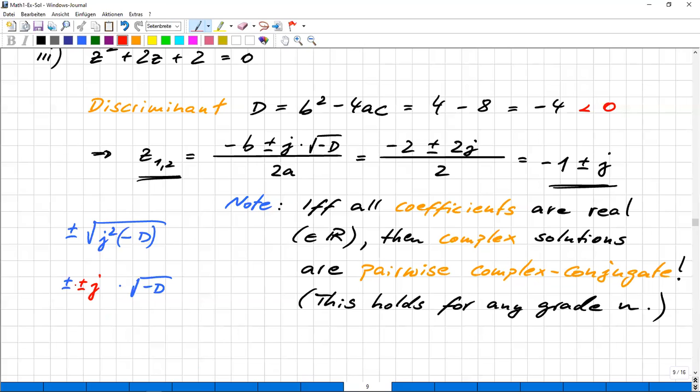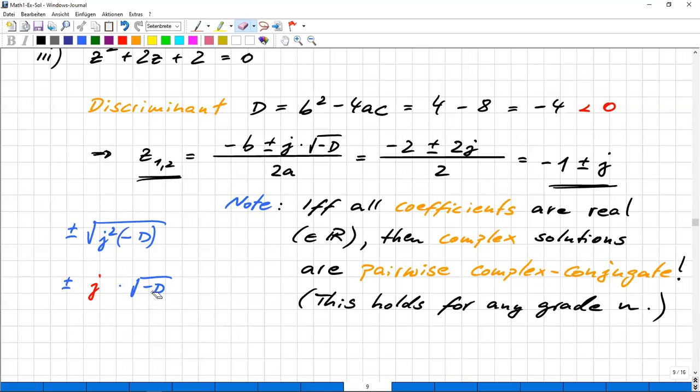It would turn out that the combination plus or minus and again plus or minus allows for only two possible outcomes, which are plus or minus. So in the end it doesn't matter, and it's enough to write down plus or minus j